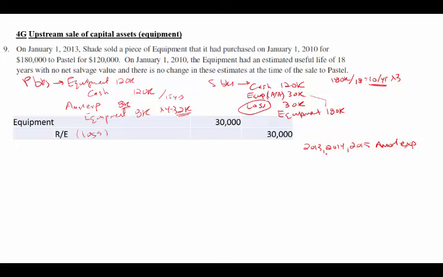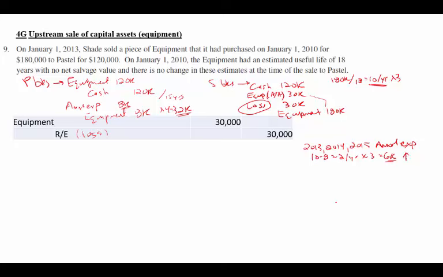So we know that it should have been 10,000. What was actually recorded was 8. So we're off by 2,000 per year, and we have 3 years to deal with. So that tells me we have a $6,000 adjustment to make to amortization expense, but it should have actually been